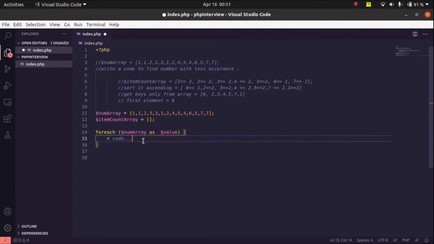Okay. Now we need to create an array with this particular key. As we have initiated this item count array, I'll take this array. As we need this number as its key, I will pass this number inside. As we are getting this number as the value, I will take this value and pass it inside the array, and now we just need to add the counter. Whenever this loop proceeds, if a number is repeated, we want to increase the count.